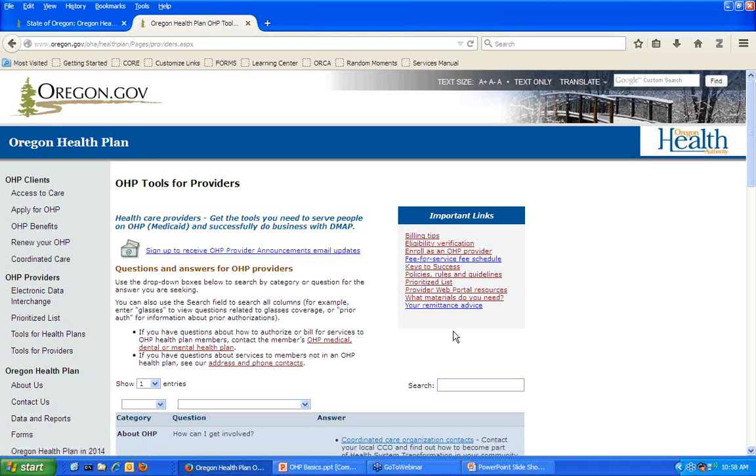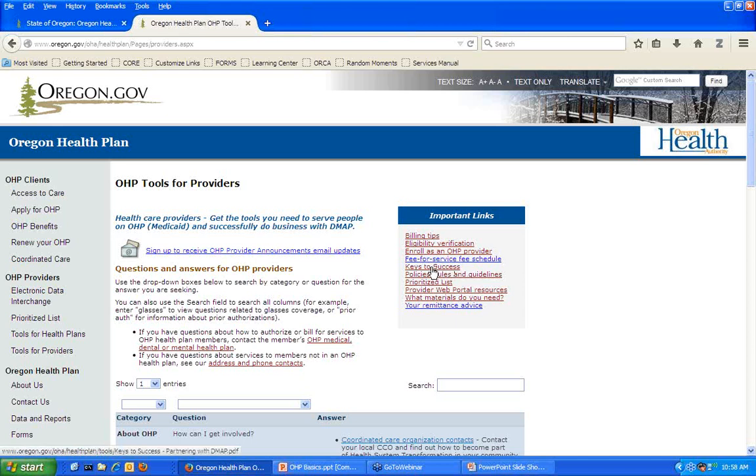And then some important links up here I want to point out. We have billing tips, where you can get instructions on billing, instructions on eligibility, and the fee-for-service fee schedule. I talked about that a little bit. That's an important thing to bookmark on your page. Keys to Success: this is if you're fairly new to OHP, or maybe you're not new and you just want some more basics.